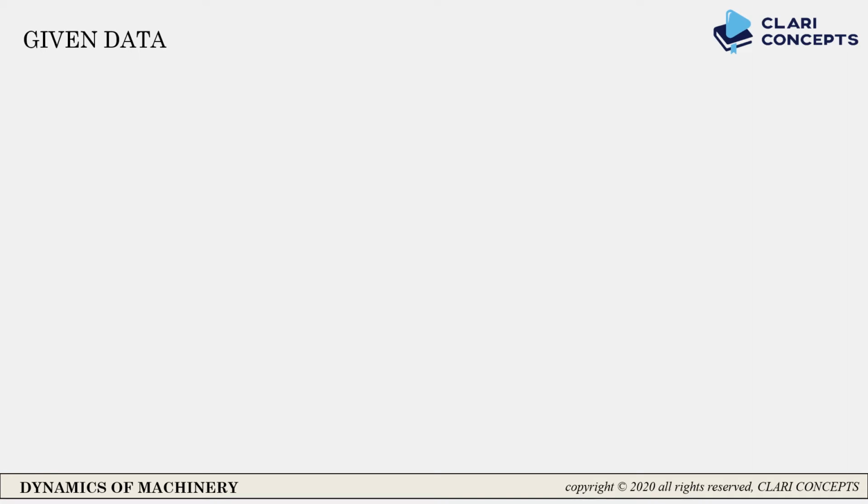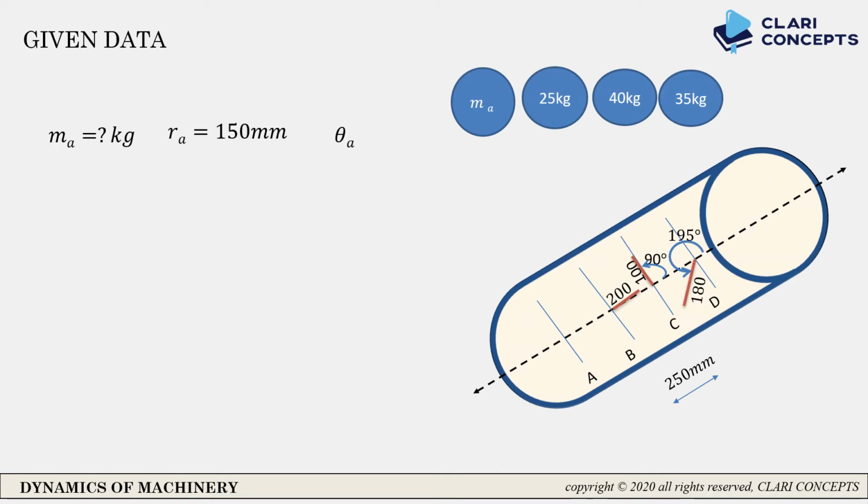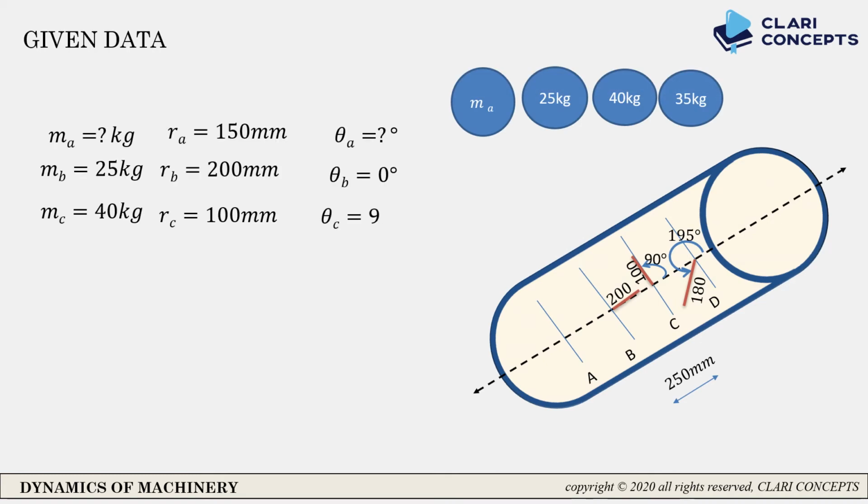Now we will start the analytical method. So to start the analytical method, first you note the data given in your question. So let's write up all the given data. Here you can see on the screen that I have written all the things, in which you don't know the mass at plane A, theta at plane A, and the distances of all the planes from the reference plane A. In the analytical method, to reduce the complexity, we will take plane A as the reference plane.